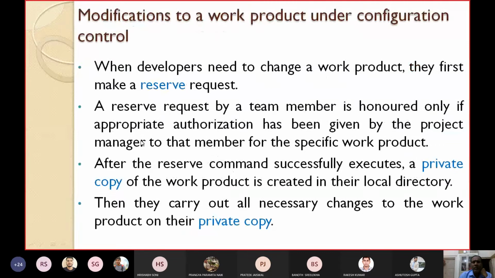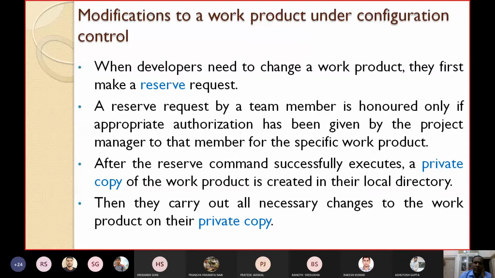A reserve request by a team member is honored only if appropriate authorization has been given by the project manager to that member for the specific work product. After the reserve command successfully executes, what will happen? I have already told you, a private copy of the work product is created where? In the local directory. So in the local directory, a private copy will be automatically created.